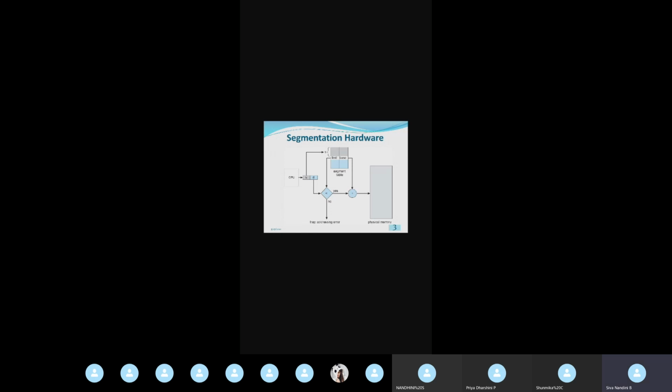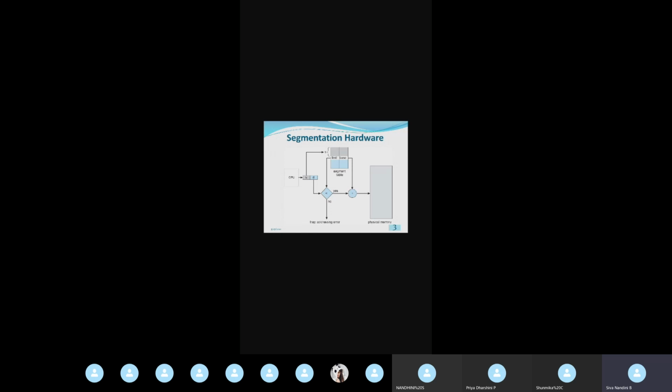So once segment number 1 is found on the segment table, the corresponding base register and limit register will be found. With that offset value D, we'll be checking. Here I have considered the offset value to be 4. For this segment, I have considered the starting address, that is the base register content, as 100 and the ending address as 150.